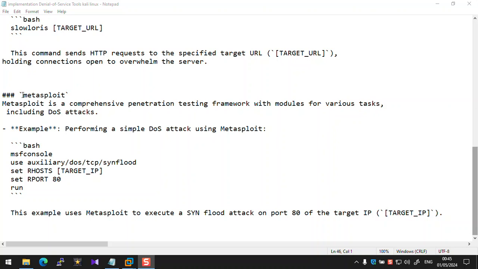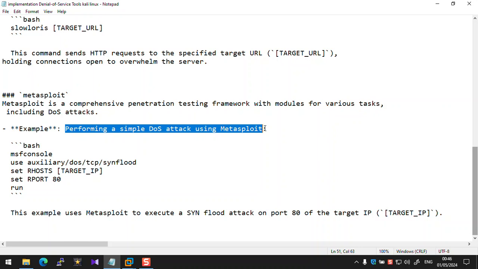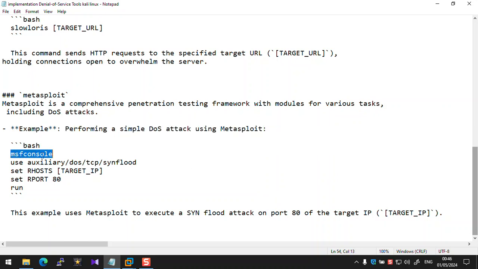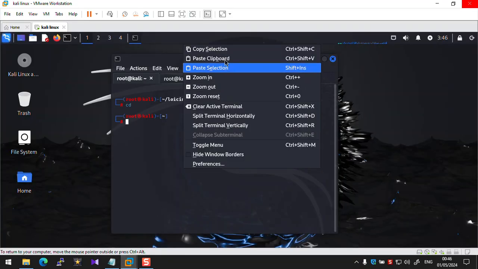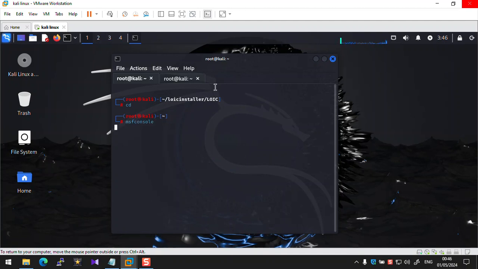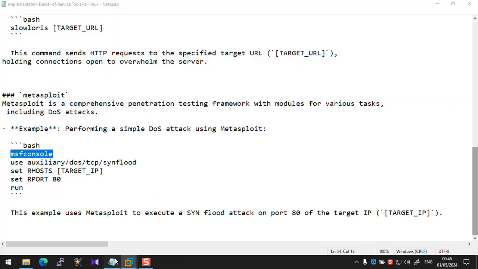Next tool, Metasploit. Metasploit is a comprehensive penetration testing framework with modules for various tasks, including DOS attacks. For example, performing a simple DOS attack using Metasploit. First, go to the Kali Linux terminal and use the command msfconsole, enter, and wait for msfconsole to load. Next, use auxiliary